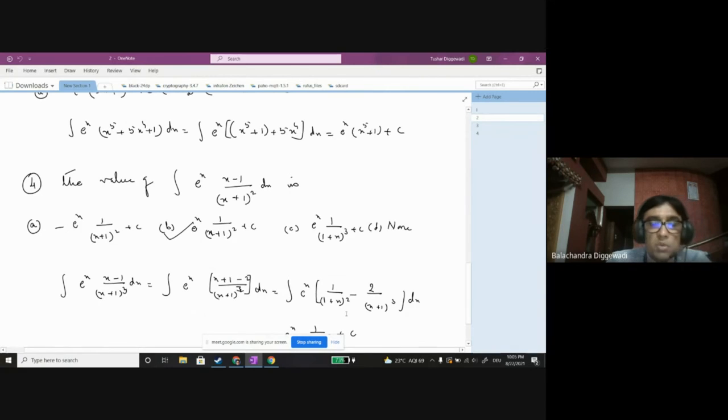Now you can see that in this place, if you take 1 upon f of x raised to n, its differentiation is minus n divided by f of x raised to n plus 1. Here 2 plus 1 is 3, into the derivative of this term, which is 1. So write it or leave it. This is called f of x and this is called f dash of x. The product of these two terms is the answer.